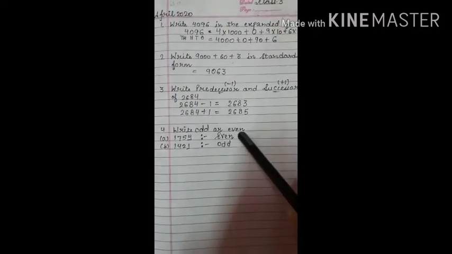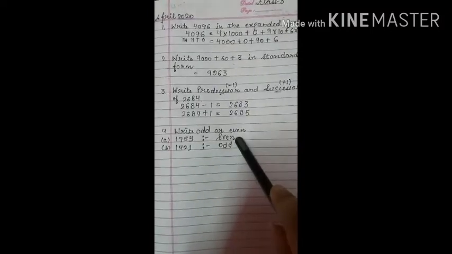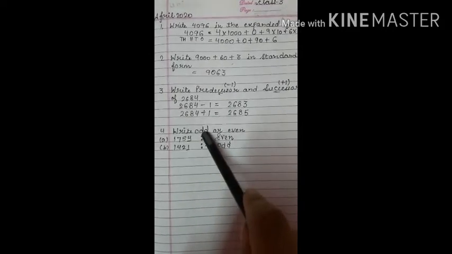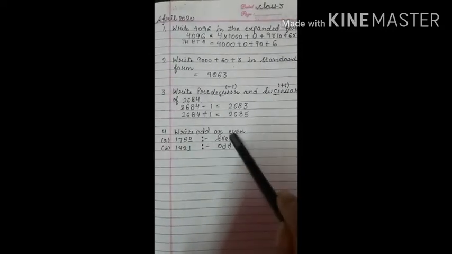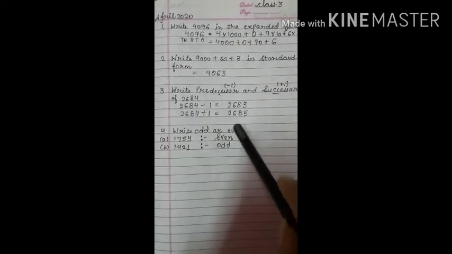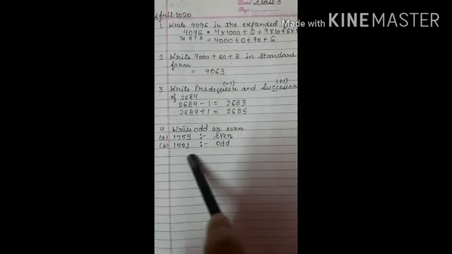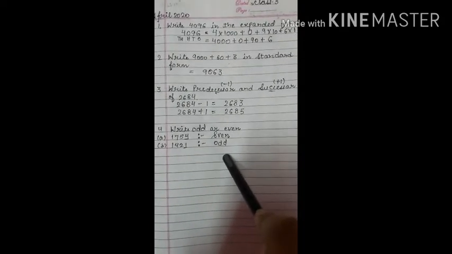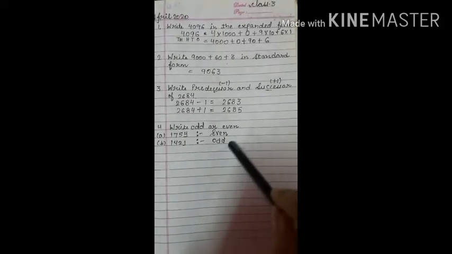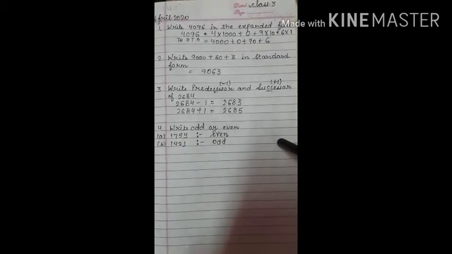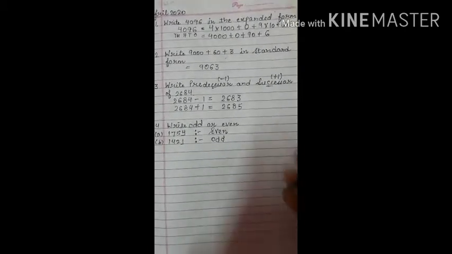For an even number you can also check divisibility by 2, and to check the divisibility you have the same rule: if you are getting 0, 2, 4, 6 or 8 at the ones place, then the number is an even number. And if you have 1, 3, 5, 7 or 9 at the ones place, then your number is an odd number. So before recapitulating, let us quickly have a look at these 4 questions, and after that you will just assess your test, and make sure that you are doing your test stepwise and your answers are also correct.